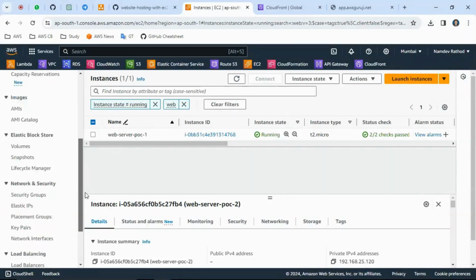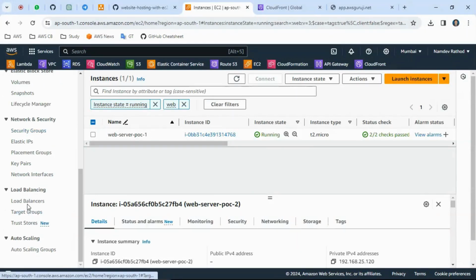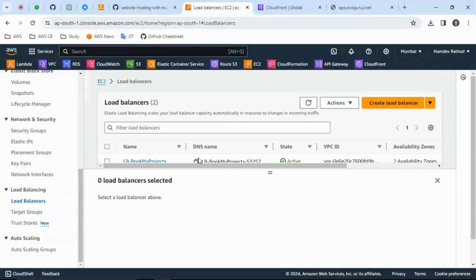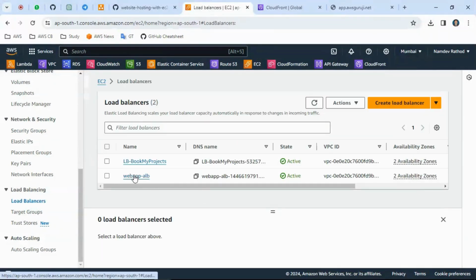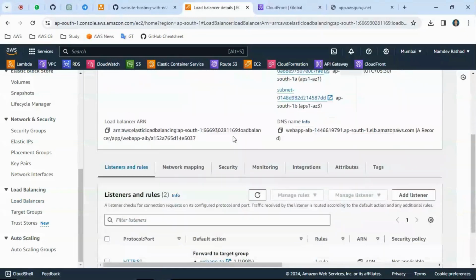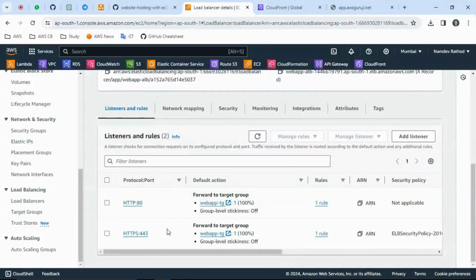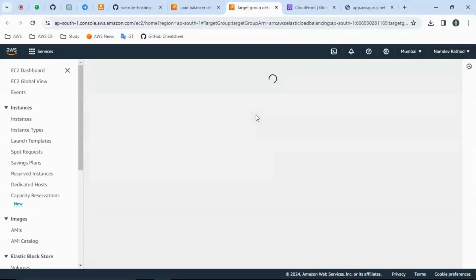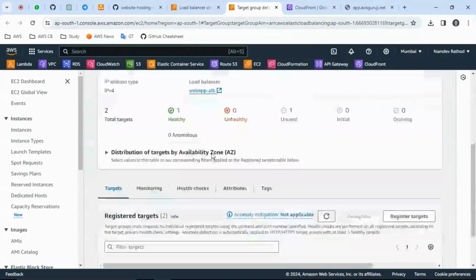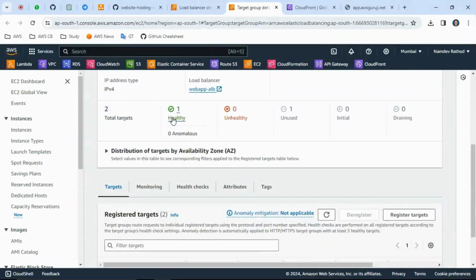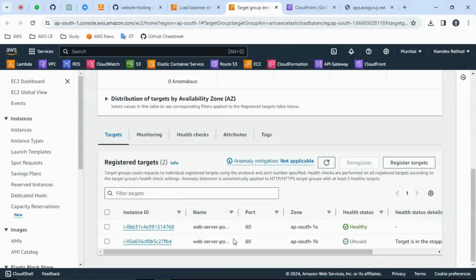I want to show you one more thing at the end, the load balancer part. This is my load balancer, web app. I have added the listener configuration. If I open that target group, you can see healthy and unhealthy. One is unused because we have stopped it. Total targets are two. One is healthy, and the other one is in a stopped state,